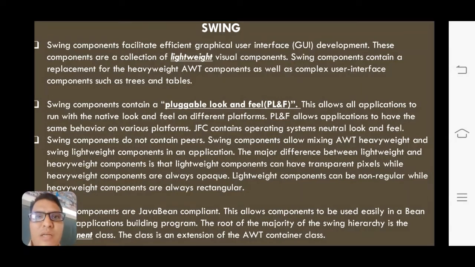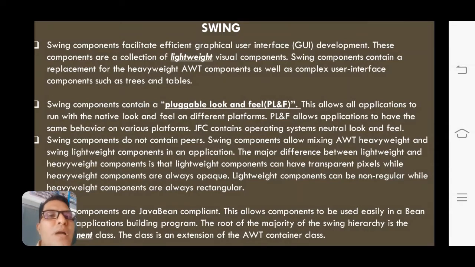Why is it like that? Pluggable look and feel means this allows the applications you are developing to run with native look and feel on different platforms. So if you are running this same code on a different platform, it is using the same old code for running on any operating system.